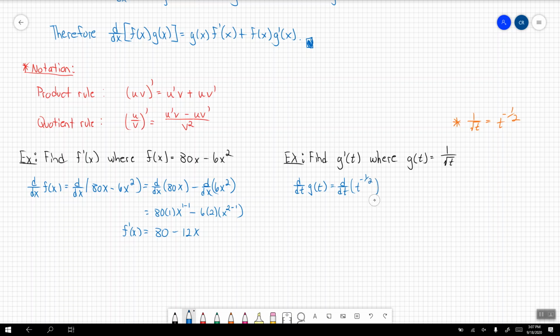And the reason I say they're going to be a whole lot easier is because now when I take the derivative of t to the power of negative 1/2, I drop the exponent forward, so that's negative 1/2, and that's now going to multiply my function t to the power of negative 1/2 minus 1. And again, when we take the derivative, we always subtract 1. Well, let's keep working this out. Negative 1/2 minus 1, this gets us negative 3/2, which means t to the power of negative 3/2